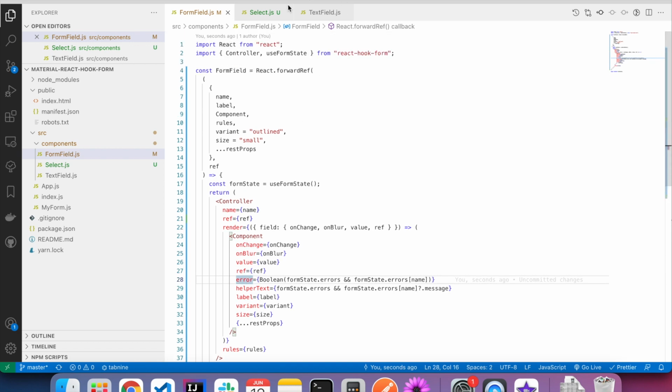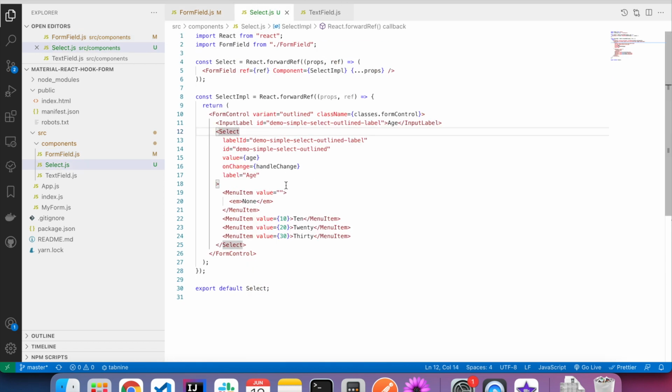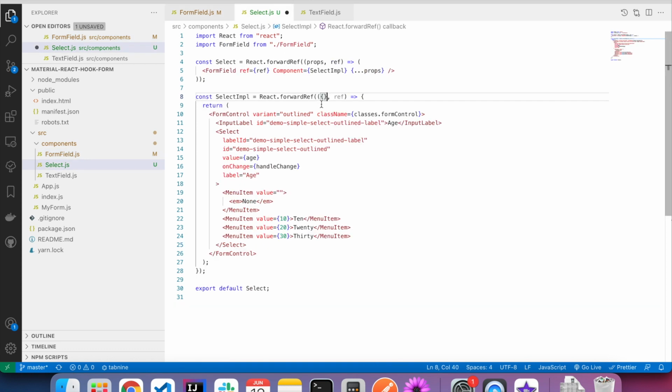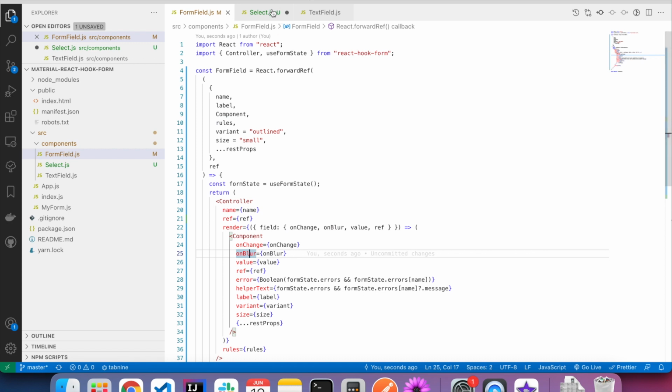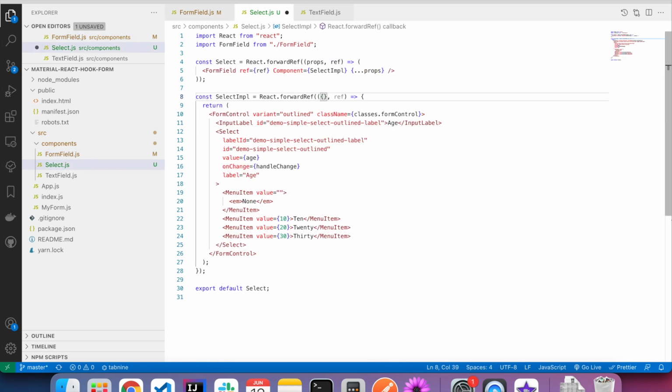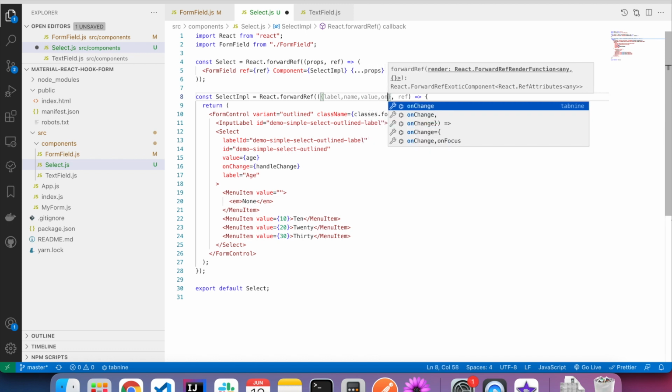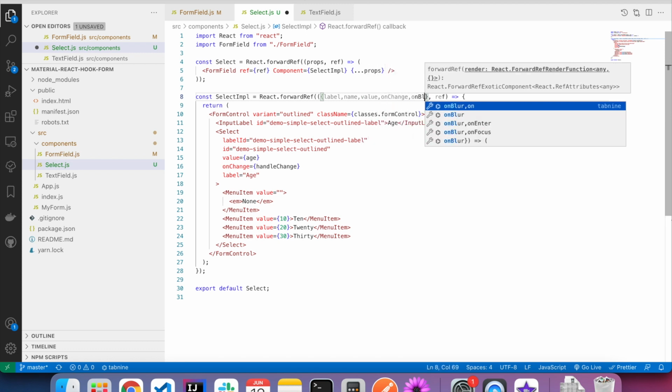Okay, now coming back to this select, I'm going to get onBlur, onChange, value, everything as props to this select implementation. So I'm going to put label here, name, value, onChange, onBlur.